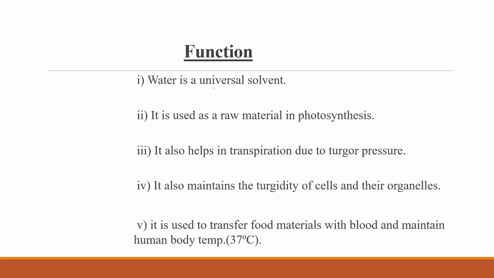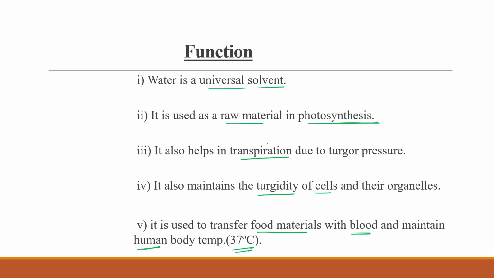As you know, water is a universal solvent. It is used as a raw material in photosynthesis in plants, right? It also helps in transpiration due to turgor pressure. It also maintains turgidity of the cell and its organelles. It is used to transfer food material with blood and maintain our body temperature, if human is there, our means human 37. So water is mainly involved in these functions, and these all come under the essential functions category,